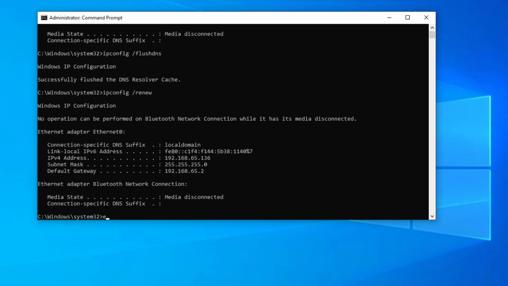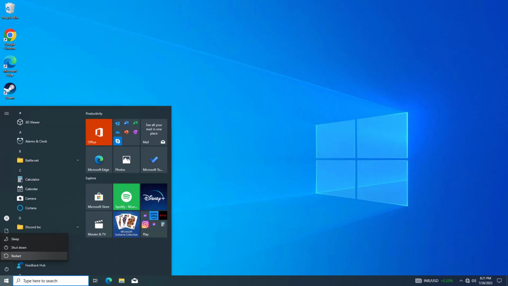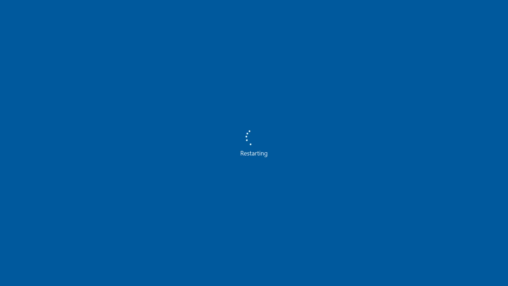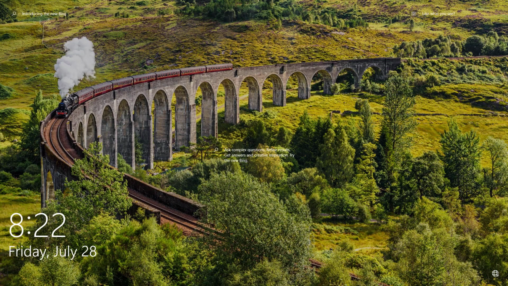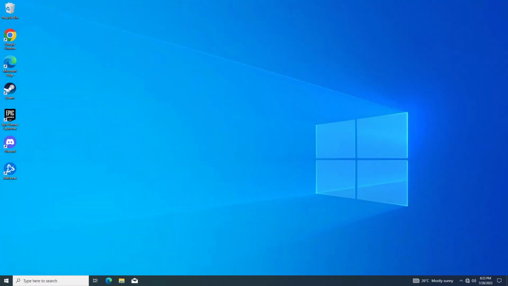Now type Exit and press Enter. Now restart and your problem should be fixed. If that didn't work,